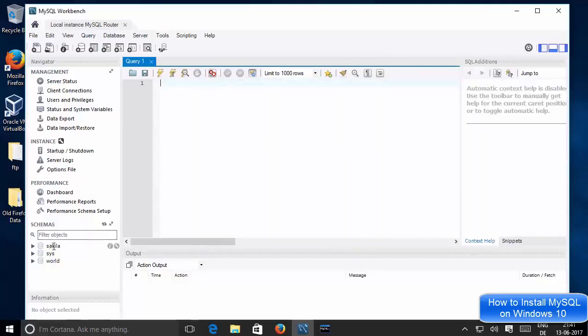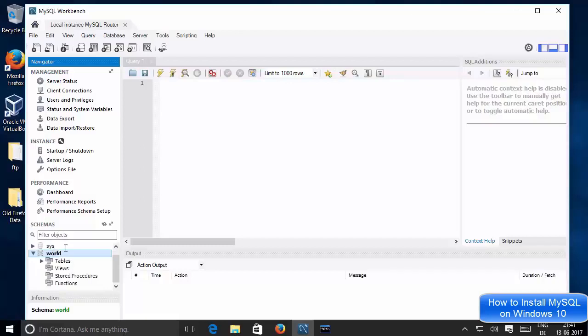So you can see these databases: Sakila, Sys, and world. So we have seen the world database using the command line client. So from here also you can see the tables inside that world database. You can see city, country, and country language.